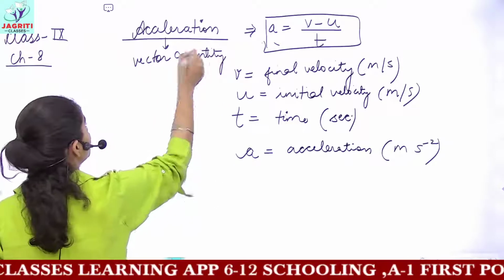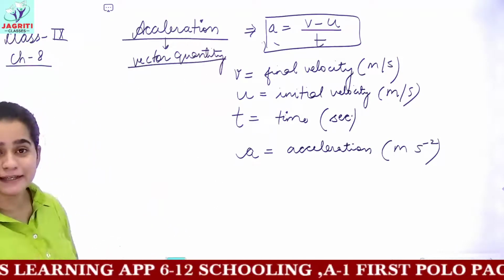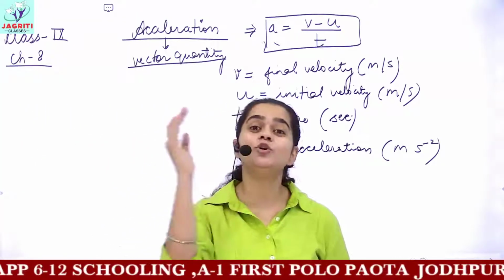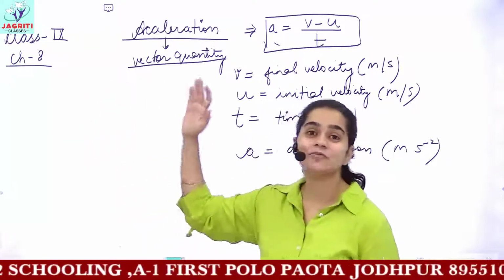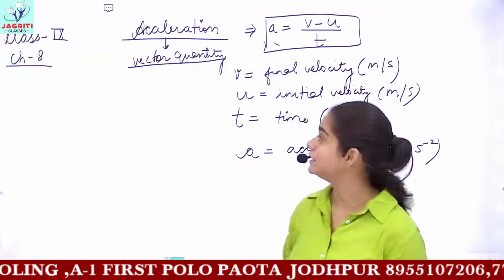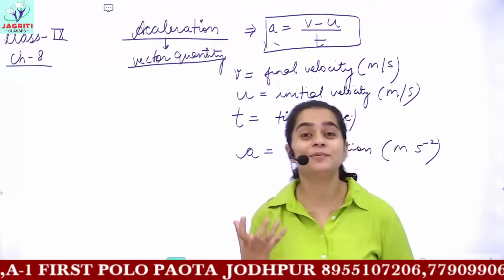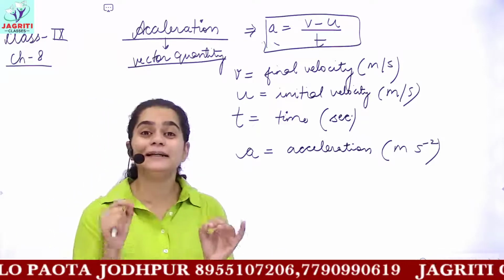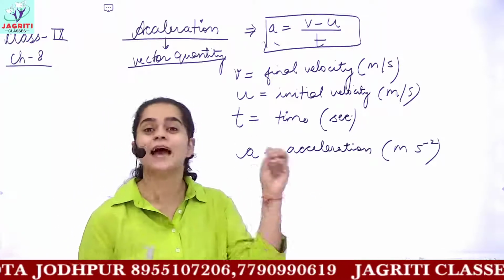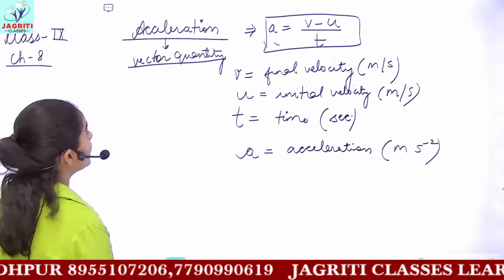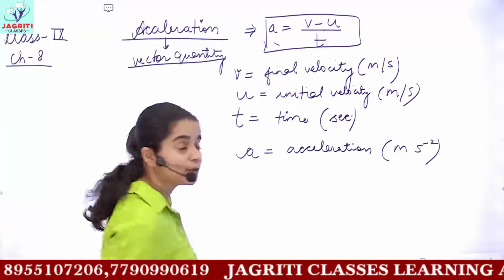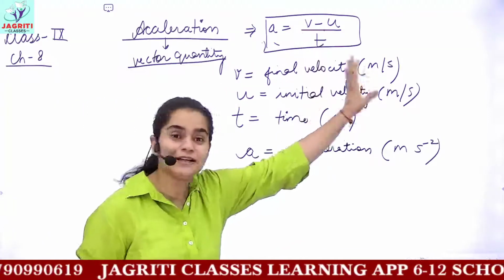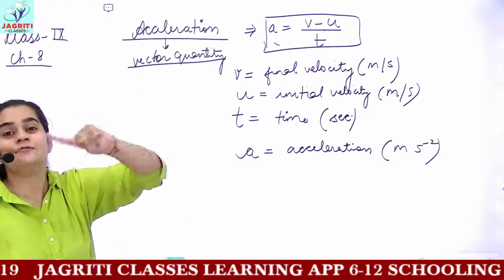I have told you what you mean by vector and scalar quantities. That is, all the physical quantities, whatever you have, can be divided into two groups. One would be the scalar and one would be vector quantities. Vector means which has both magnitude as well as direction, whereas scalar quantities do not contain any kind of direction. Okay, they have only magnitude. Because we are involving velocities in the formula of acceleration, and we know velocity is a vector quantity, which makes this acceleration to be vector in nature.